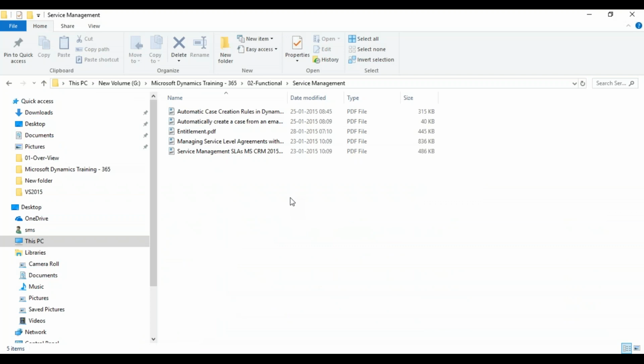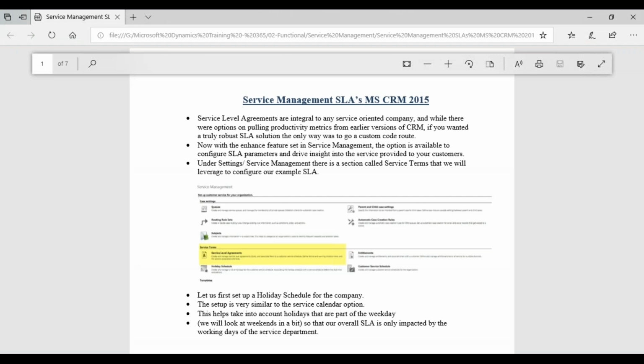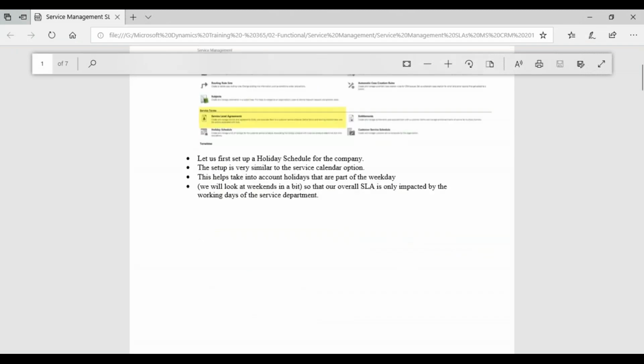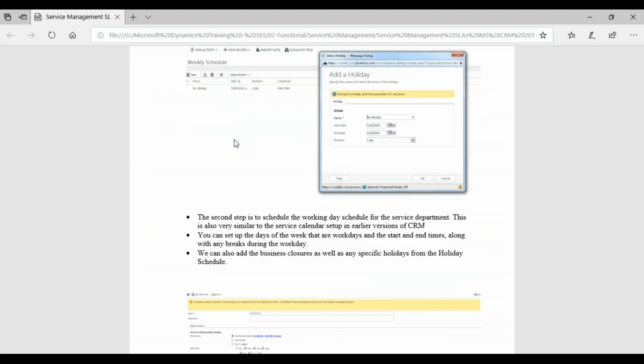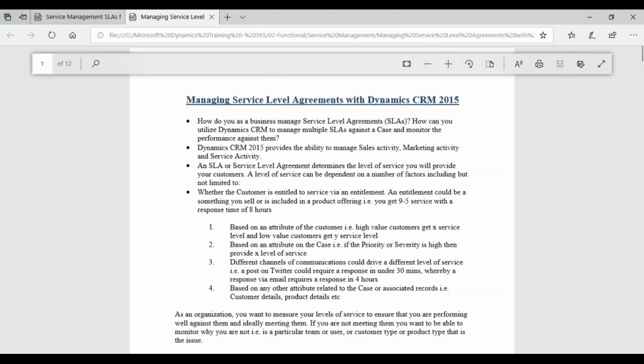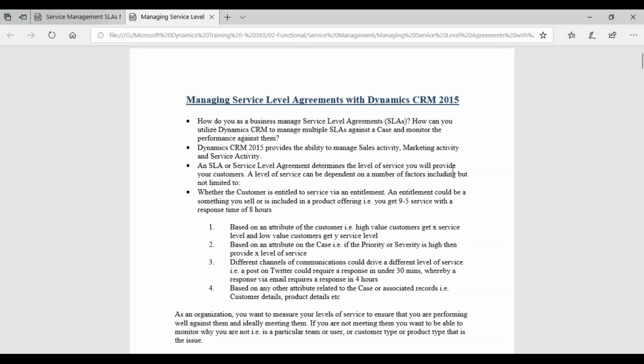Now, on top of sales, marketing, and service, there is a new feature added called service management in Dynamics CRM. This is from 2015 onwards. Service management is an enhancement to the service module.